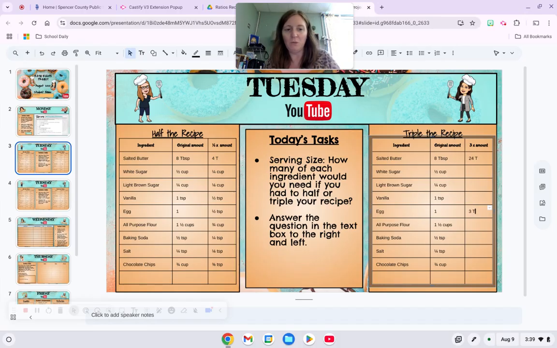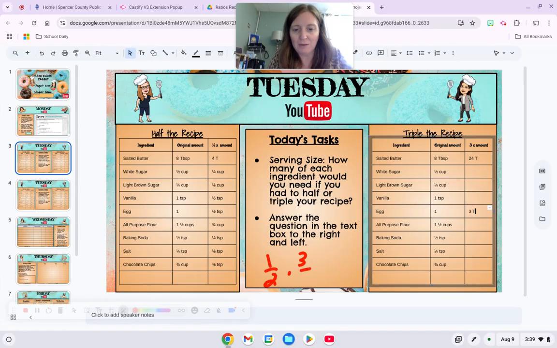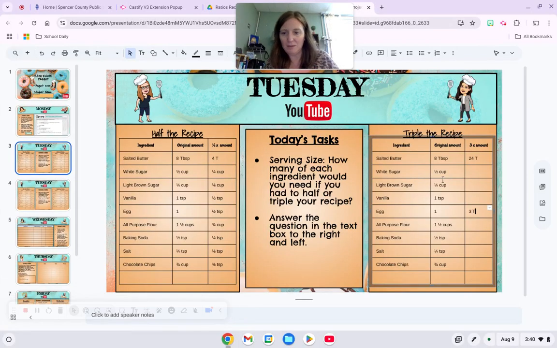And when you're multiplying something by 3, and to do it as a fraction, that would be the same thing as 3/1. So if I wanted to do 1/2 times 3, I would do 1/2 times 3/1 and multiply straight across. 3 times 1 is 3, 2 times 1 is 2, and that is 3 halves. And remember from the other one, 3 halves is the same thing as 1½. I can put that in there as 1½